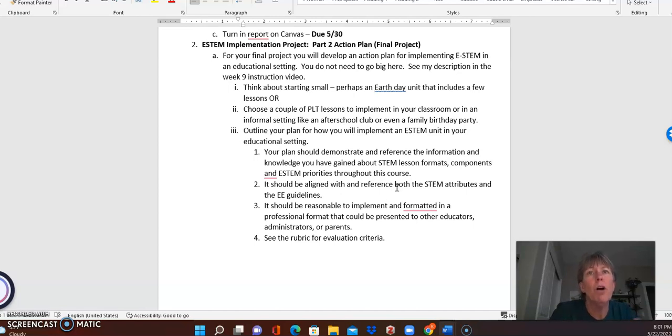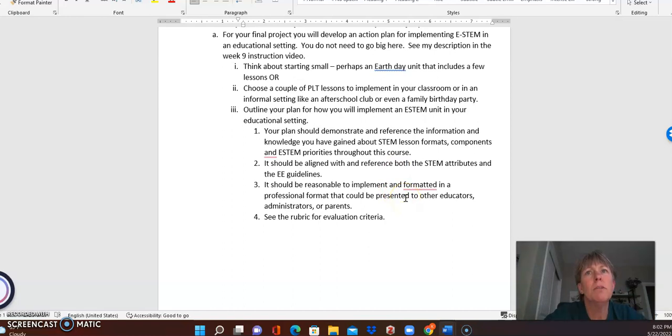I want you to create something that you might be able to share with a principal, with a parent, with an administrator, with someone in an agency, and say, hey, I think we should incorporate or implement more environmental education, or I want to do these really fun activities with our Girl Scout troop that are about environmental education. Here's my proposal. So think of it more as a proposal for implementing some good eSTEM